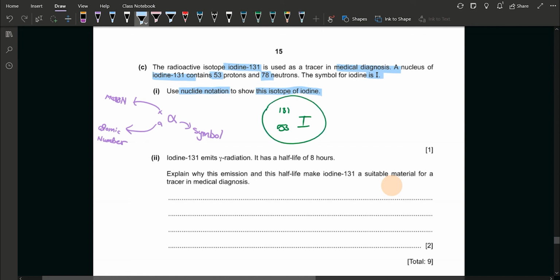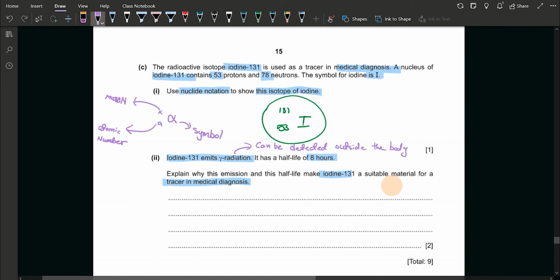Part C2 says iodine 131 emits gamma radiation. It has a half-life of 8 hours. Explain why this emission and this half-life makes iodine 131 a suitable material for a tracer in medicine diagnosis. So as we know, there should be some time for the radiation to get detected, and as it is gamma rays, it can be detected outside the body, and it has a short life enough to not cause any harm to human body,